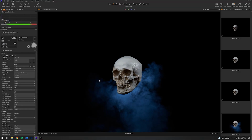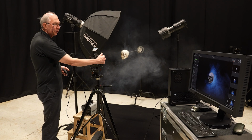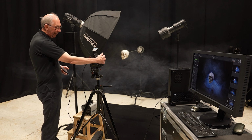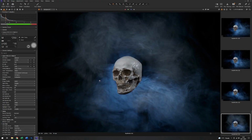There we go, we can see the smoke starting to appear in the pictures. The trick here is to leave an amount of time between each capture to allow the smoke to disperse. There, now in this image you can see what I meant about the way that you light the smoke will